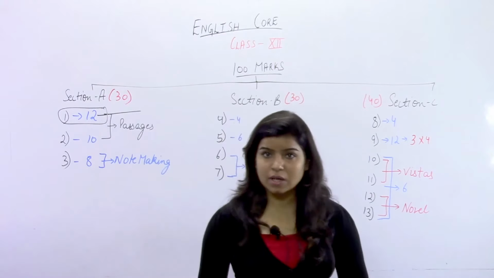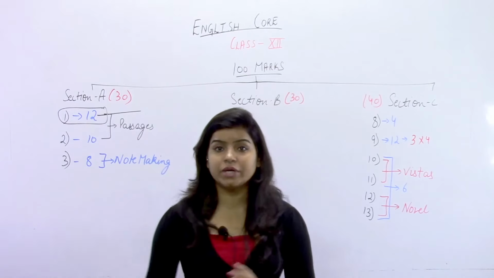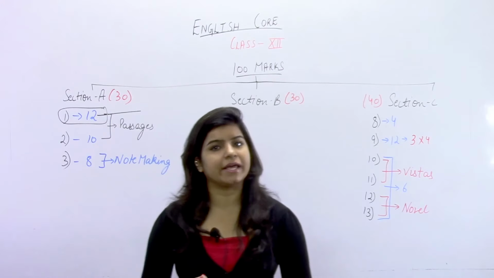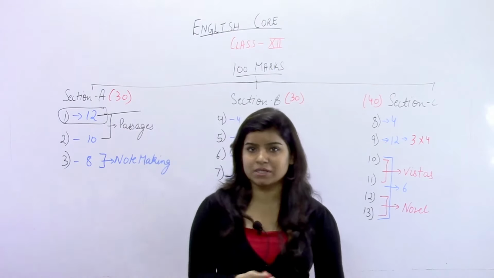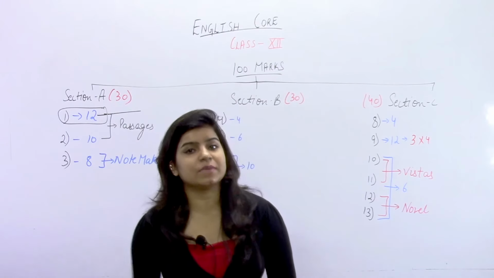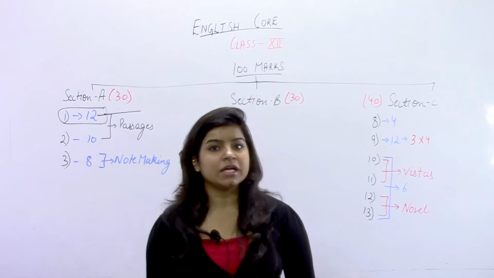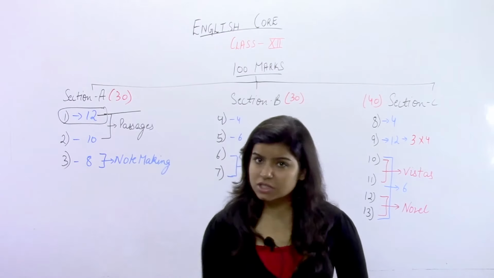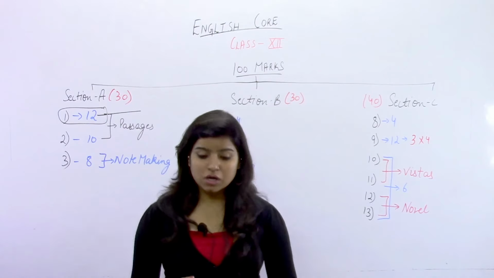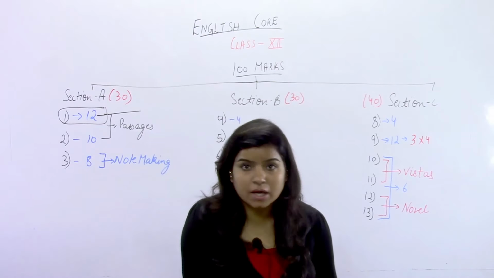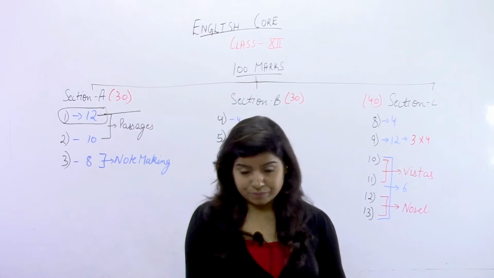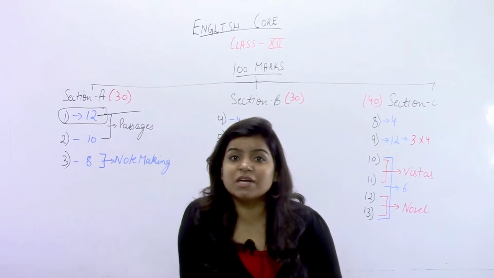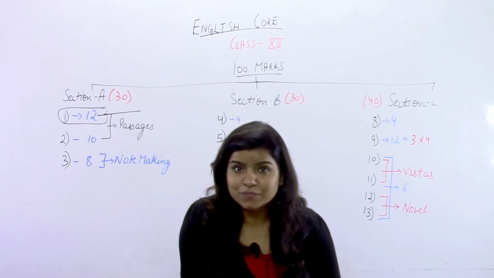For a qualitative answer, you have to thoroughly read your chapters throughout the year. If you haven't done it throughout the year and you feel like reading the summary of the chapters at the last minute, friends, I tell you, it's not an option. This will only give you a basic glimpse of the chapter, not the main crux of the chapter. So I suggest you focus on each and every chapter thoroughly. Moreover, focusing on the poems provided at the back of Flamingo must be done in a very good manner.